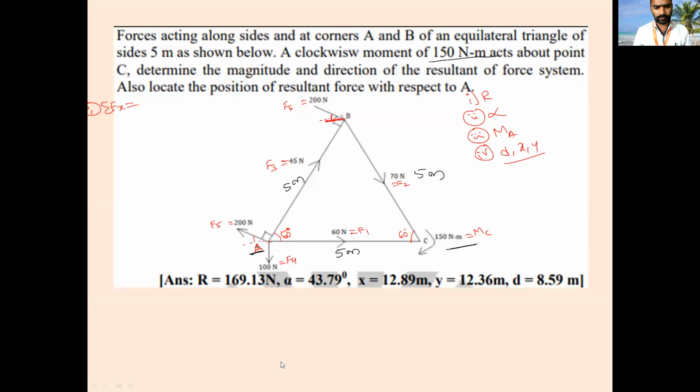Can anybody tell me what is a couple? A pair of forces equal in magnitude and opposite in direction. Yes, it is the rotational effect produced by a pair of forces which are equal in magnitude but opposite in direction. Whenever you take two forces which are the same in magnitude but opposite to each other, they constitute a couple. What is the effect of that couple? It will give the turning effect or the rotational effect of the object.